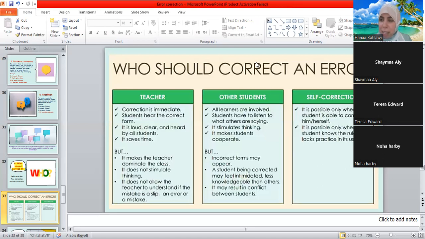So Miss Noha, you should work with them on how to work in a team, how to work together, and how to reflect on their work. They need to get used to that, using group work. Exactly, they need to get used to doing group work.